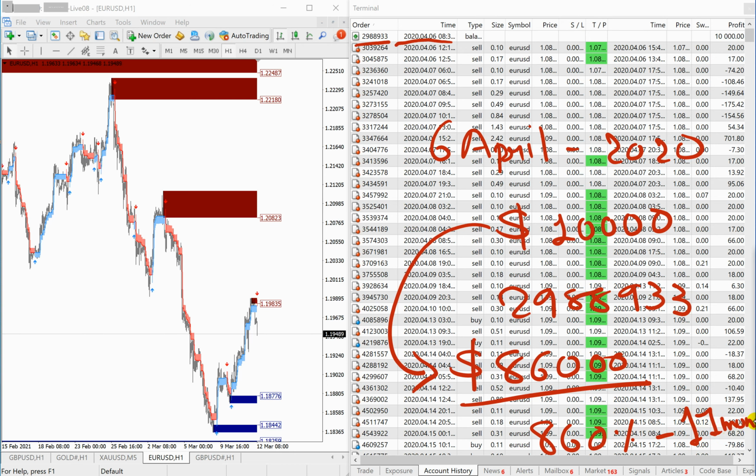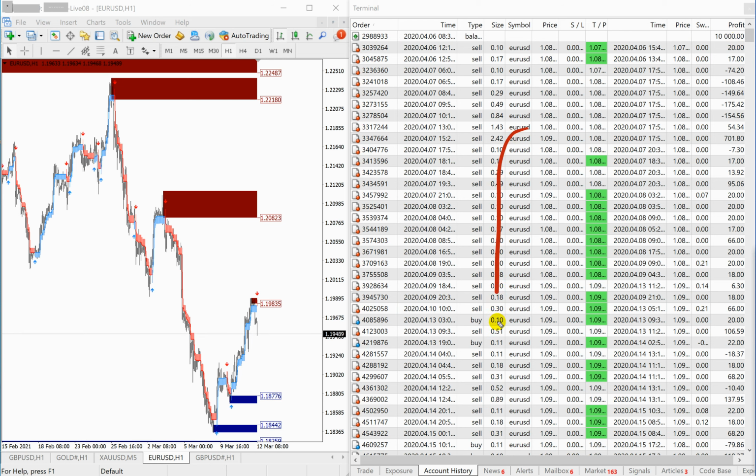On the 6th of March the 11 months were completed on this account, and as of now the time period on this account is 11 months and 6 days, as of today, 12th of March 2021. Here you can see that we just trade Euro USD on this account, and the trades here are holding trades.